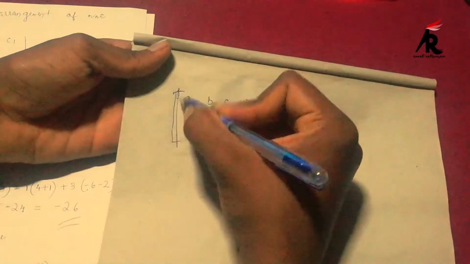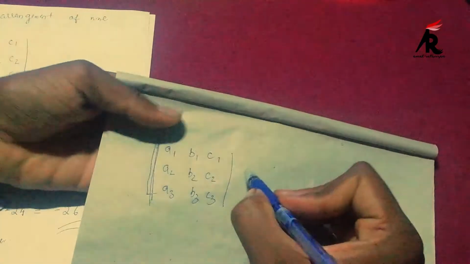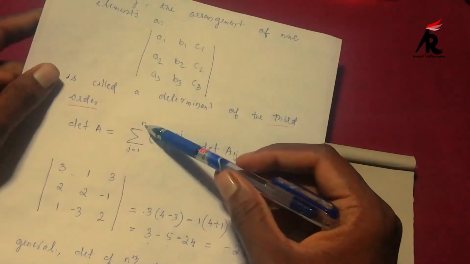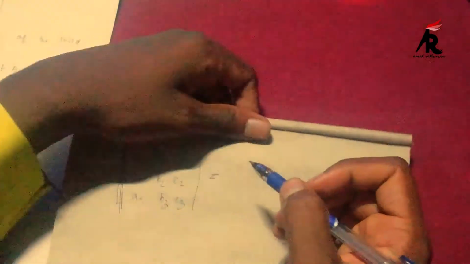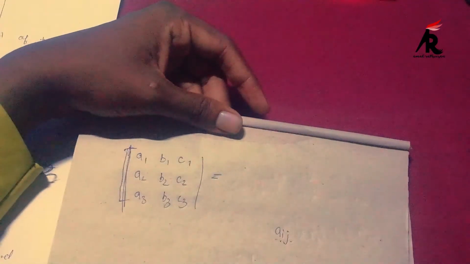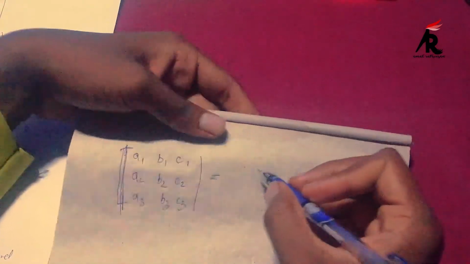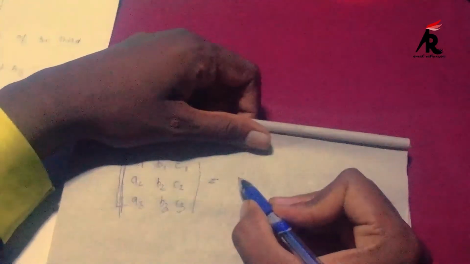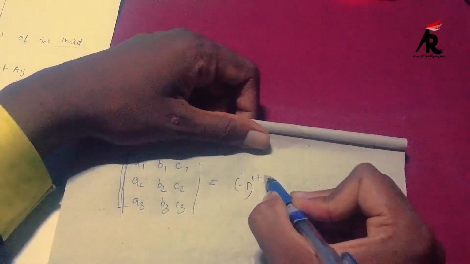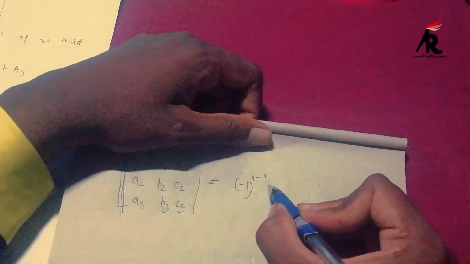The determinant will be the sum over j, where the limit of j is 3 and the first j is 1. So minus 1 raised to 1 plus j. In the first case j is 1, so 1 plus 1 is 2, into